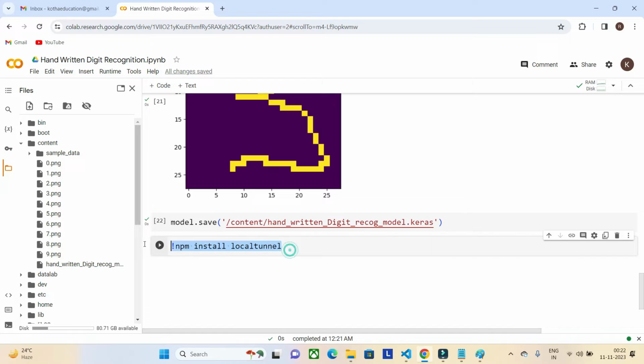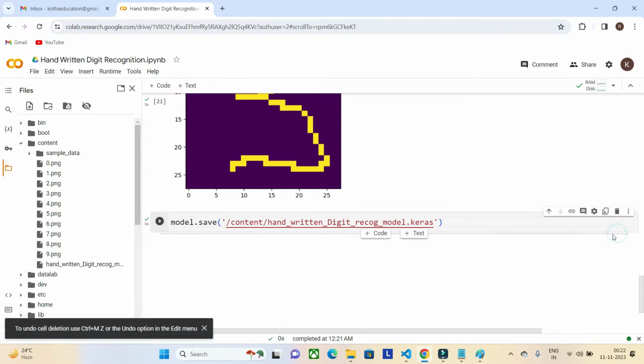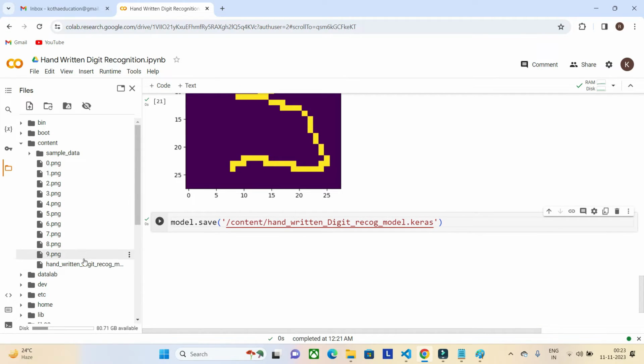I have already installed this in my session. If you are using it for the first time, you have to pip install Streamlit first to deploy it as a web application, and second, install localtunnel with npm. Once you have installed both of these, the next part is to create an application, right?